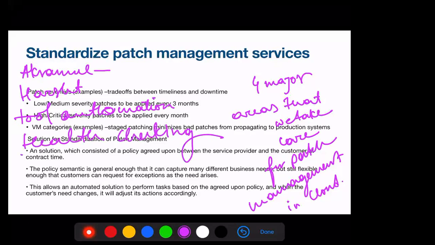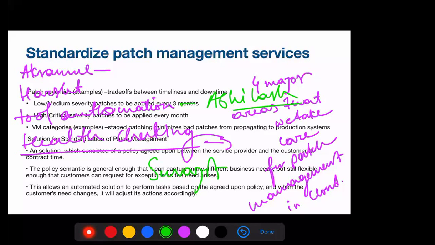So what do you mean by health checking? Who can answer? Sir, after patching is completed, it checks whether the applications are running or not.